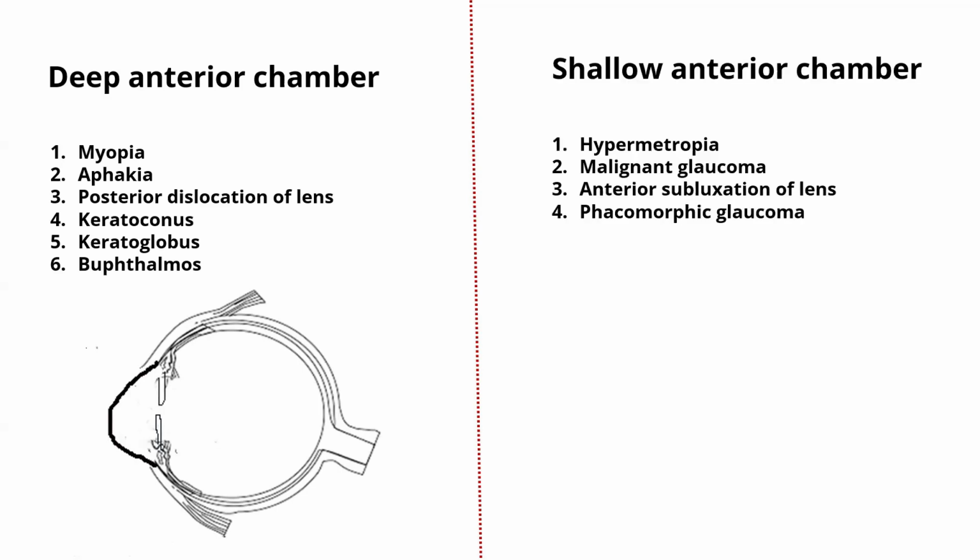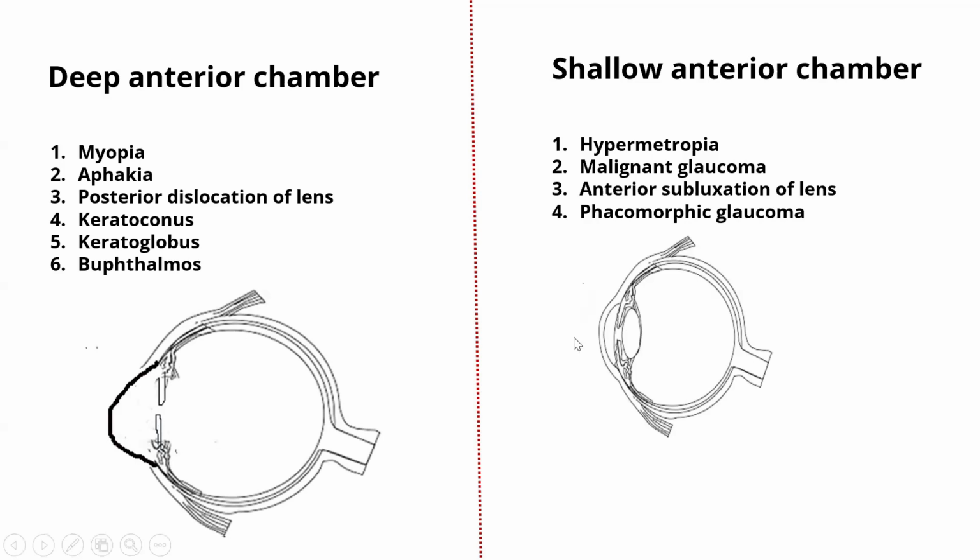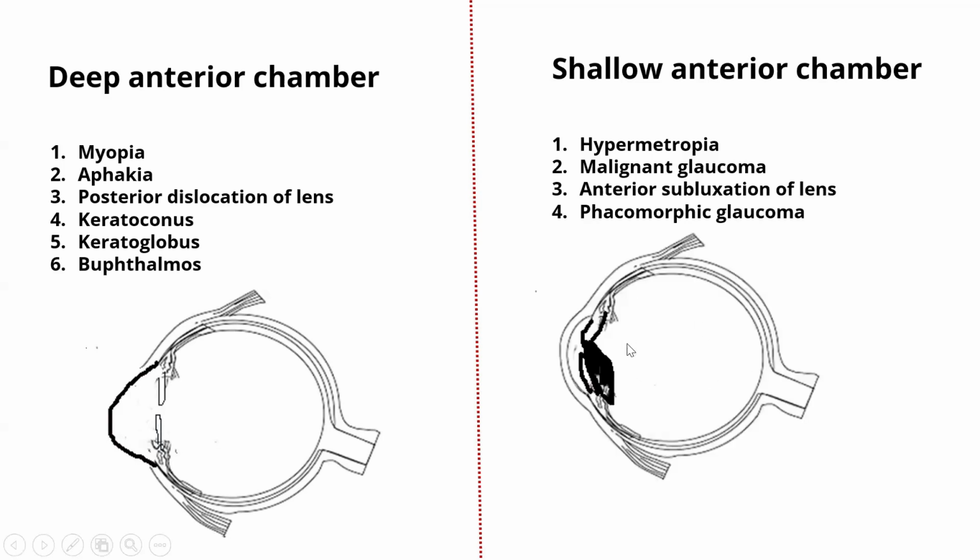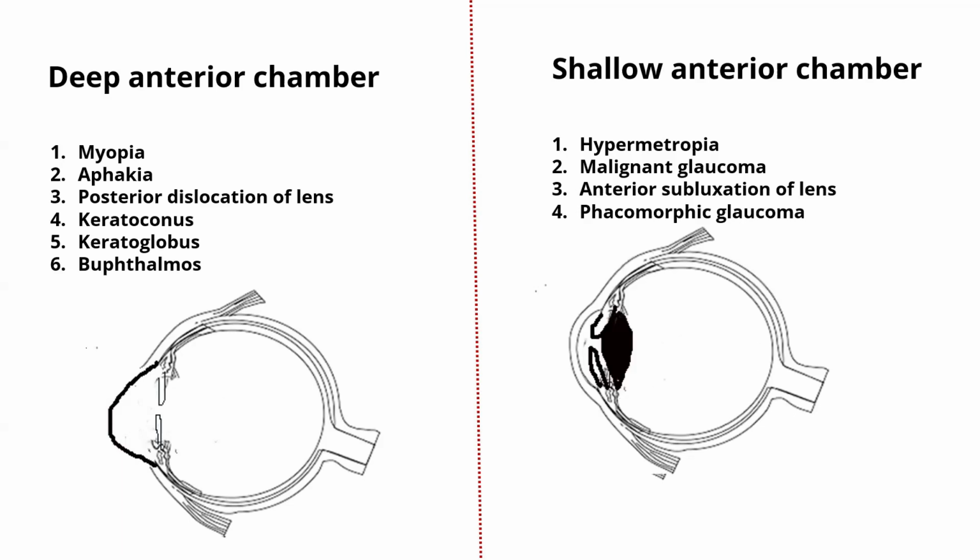Shallow anterior chamber is seen in hypermetropia, where the axial length of the eyeball is short, so the whole axial length is small and even the anterior chamber depth is small. In anterior subluxation, the lens has moved forwards, so it will cause a shallow anterior chamber. In phacomorphic glaucoma, where the lens is swollen, it is pushing on the iris and causing the anterior chamber to